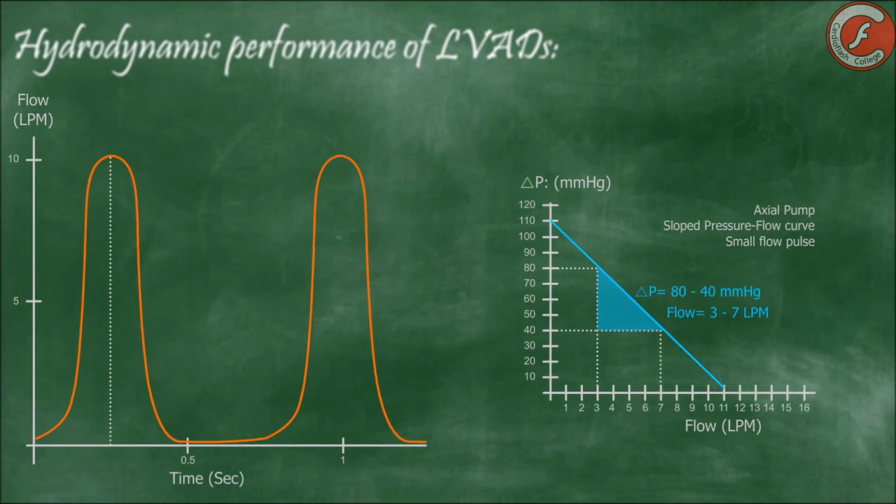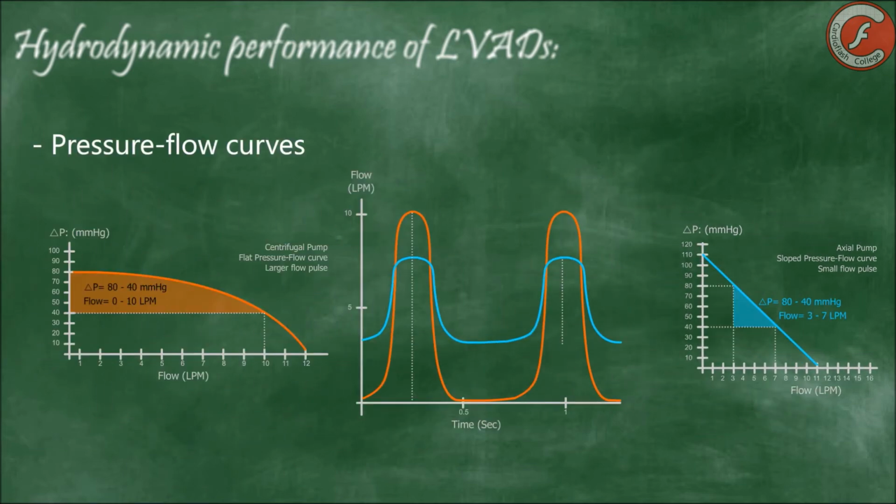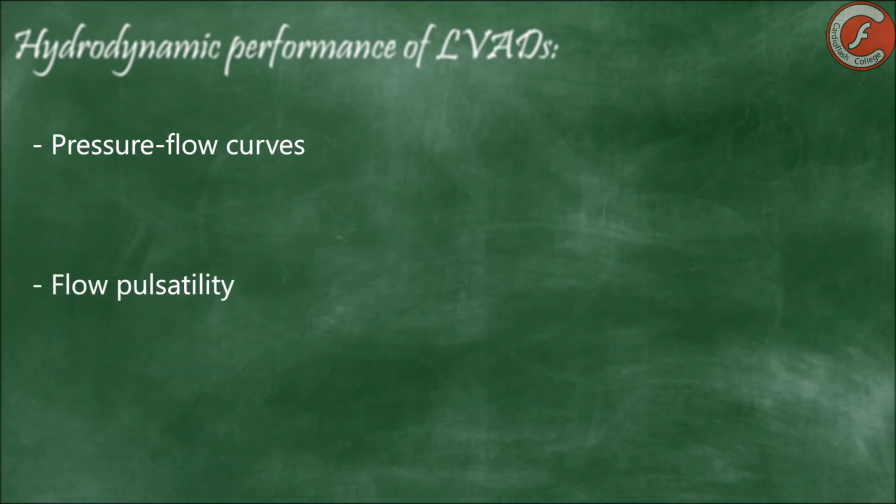For their part, continuous axial flow LVADs have a linear relationship between flow and delta P. For this reason, and unlike centrifugal systems, there is hardly any pulsatility throughout the cardiac cycle, so they are less vulnerable to changes in delta P. Well, having understood this, it will be easier for us to move on to the next point, the pulsatility of